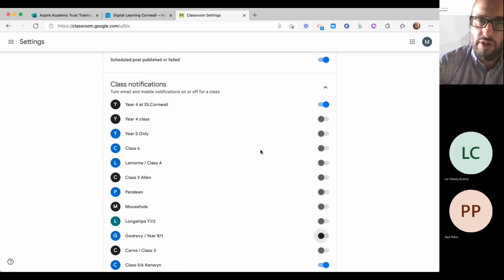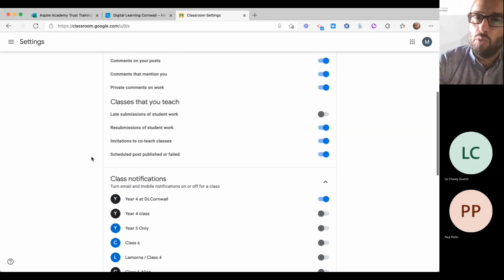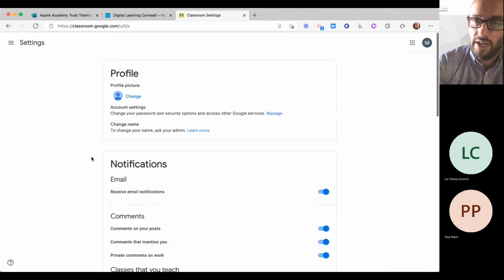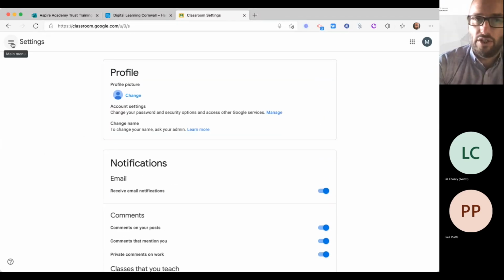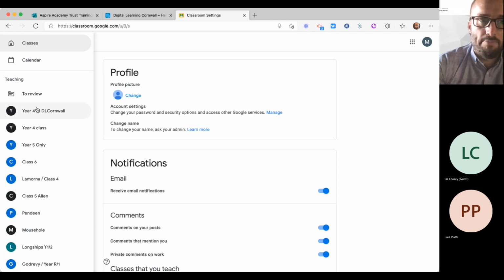Turn off classes that you really don't need to know about, and look to your email and create one of these rules so that they go into a folder, and then you can look in that folder and you've got a rundown of what's going on. Right, enough talking about that. I'm very happy to take questions on it. Let's go back to